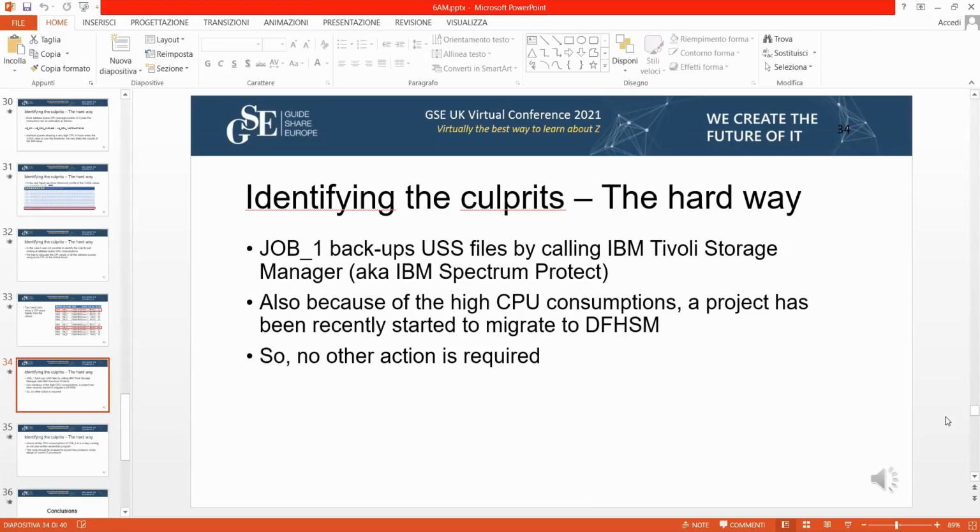In this situation at this customer, there was already a project in place to migrate this to DFHSM, so it was already under Spectrum. There were people already working to solve the issues related to this address space, so there was no other action to do.